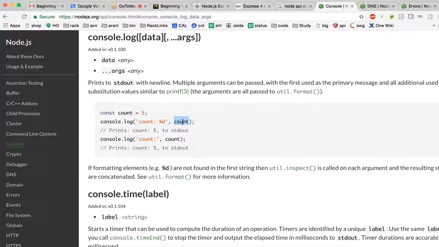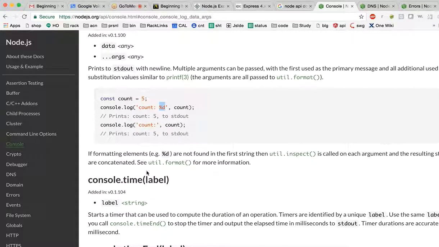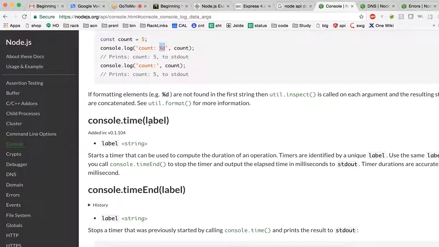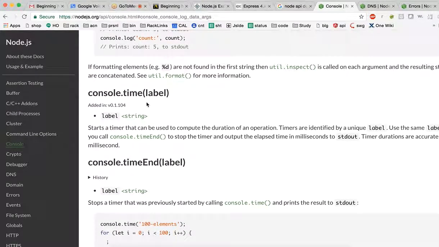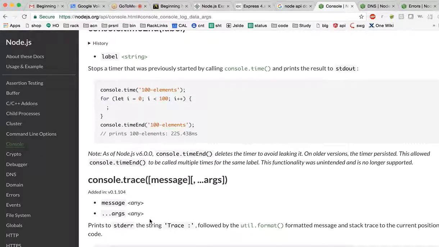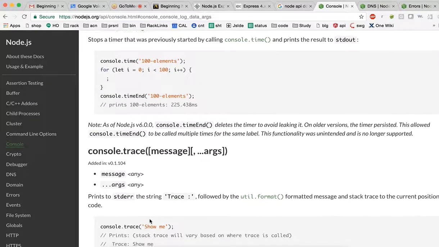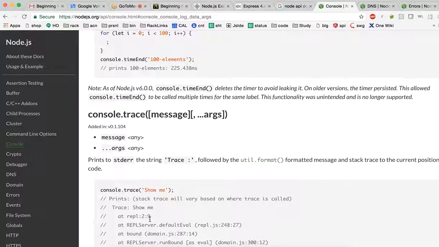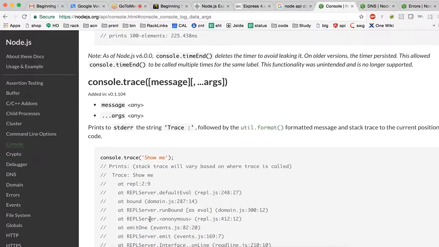It's data which would pass as an argument, and then you can write it. Ampersand D would be for digits basically. So this is how you would use console.time. You have to give a label. What is its function? What are its parameters? Everything is so nicely explained with the example